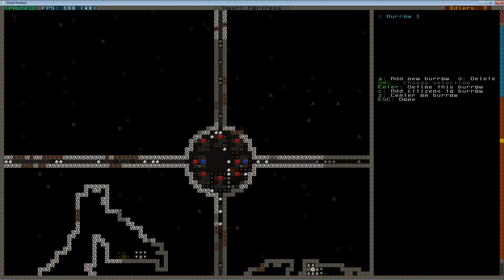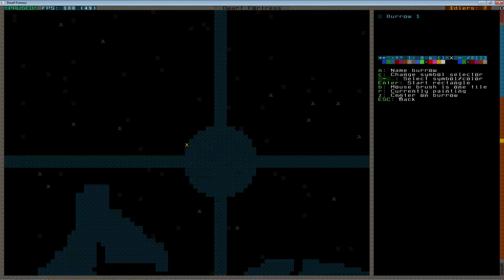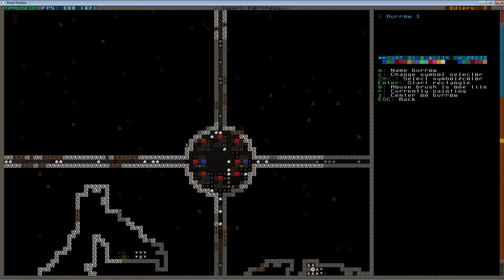Yeah, when you're doing burrows, if you look at the hotkeys, if we're defining a burrow, it'll say currently painting. If you hit R, it'll say currently erasing. And that's the difference. You can change your brush size: round 5x5, 3x3 square, 1 tile. You can do it by rectangles. So if I mouse brush this, I could...